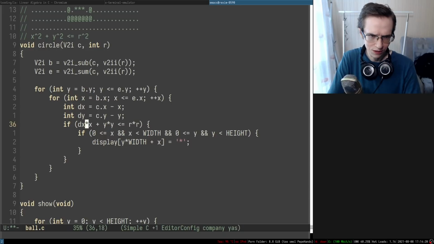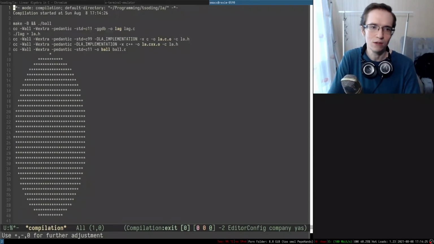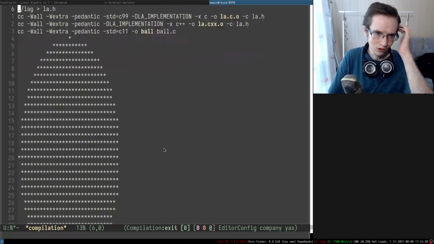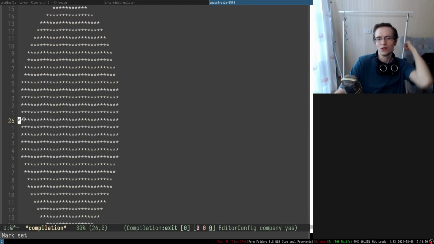So this has to be dx, because we're computing the distance. All right, so I already see what kind of mistakes I did, and there we go. Now everything is perfectly centered. Oh, we have a classical problem in here of the